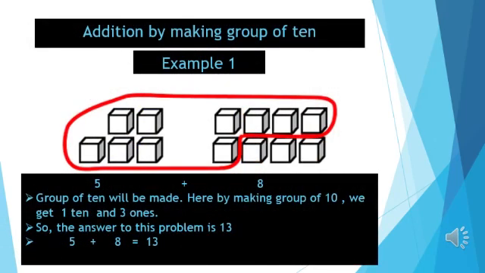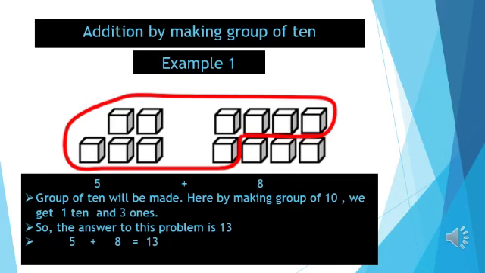So here you can see addition by making group of 10. We have come to our topic. This is our topic of today's class, addition by making group of 10s. So example 1. Here you can see there are 5 cubes plus 8 more cubes are added. And what we do here, we make a group of 10 that you can see by the red line being formed for 10 cubes. 5 we have taken from the first group and 5 more we have taken from the second group, and whichever are not under that red line, those are the loose ones. Here you can see 3 loose cubes are left with you.